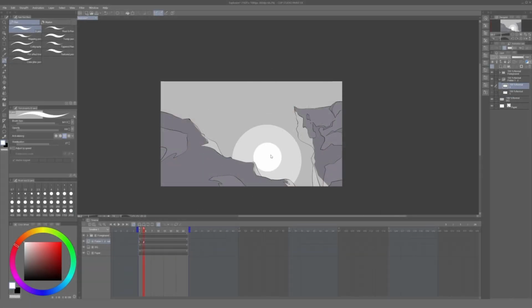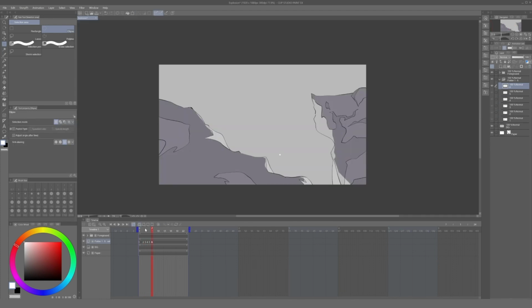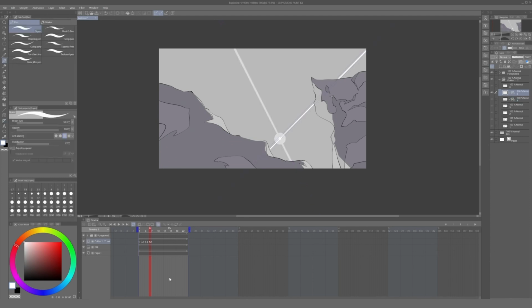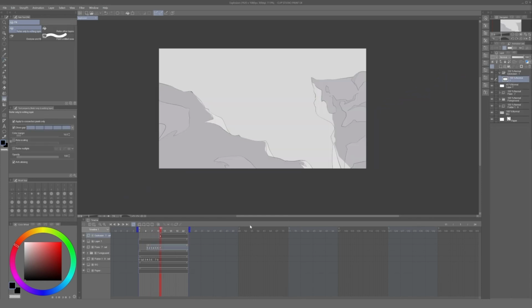The first part of this explosion consists of an orb of light imploding rapidly. For that, I'll just paint a circle on a few frames until it disappears. This will be followed by a rotating line acting as a lens flare. All of this quick animation will be on a folder, followed by another folder in which we will draw the